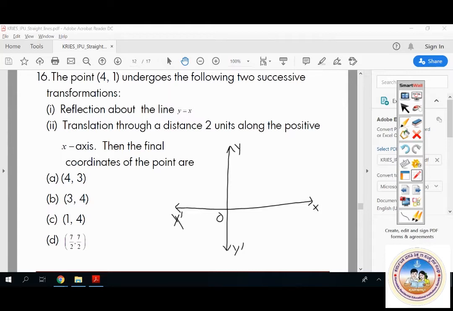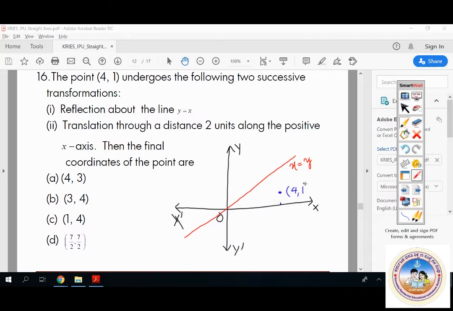ಒಂದು ಲೈನ್ ಇದೆ ಇಲ್ಲಿ, y is equal to x. Y equal to x means obviously this is going to be a line that passes through the origin like this, right? So now this is the equation of the line y is equal to x or x is equal to y. A point is there 4,1. X is 4, y is equal to 1. So now I am going to mark that point x for y1. It may be a point somewhere here.